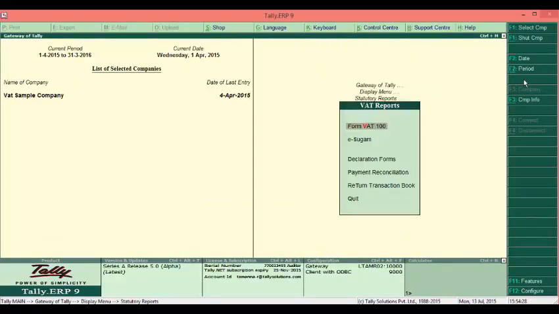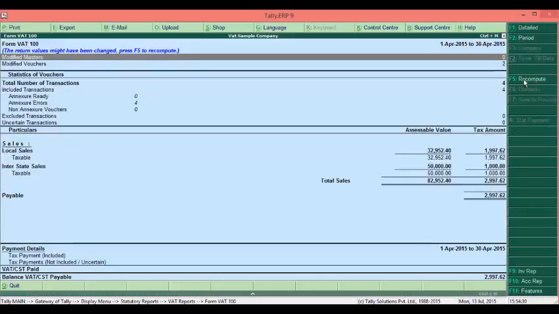Display, statutory reports, VAT. Now over here it is highlighting that the return values might have been changed. Press F5 to recompute. If I click on recompute, it will again recompute the VAT payable.